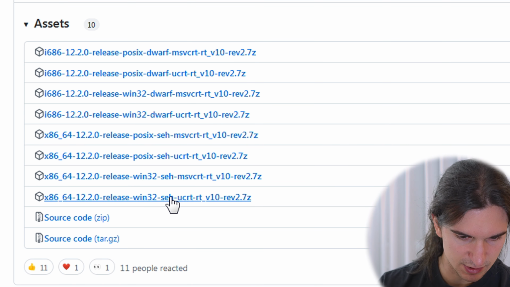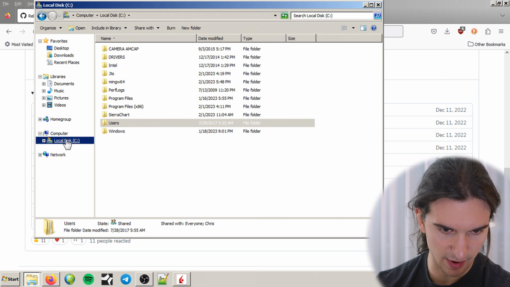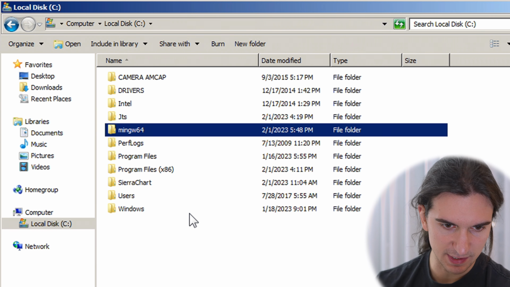I'm going to open it with WinRAR, MinGW64, and I'm going to extract this to my C drive, just like that. So now I am extracting this version of MinGW64 into my C drive on this system. Okay, so it is now done dumping to my C drive. And now I have a folder in my C drive named